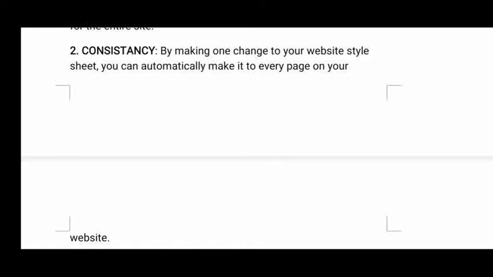Instead of opening a document and changing the styles of the 10 paragraphs one by one, in the CSS file, if you change the paragraph property, then that will be applicable to all the paragraphs available in the HTML file.